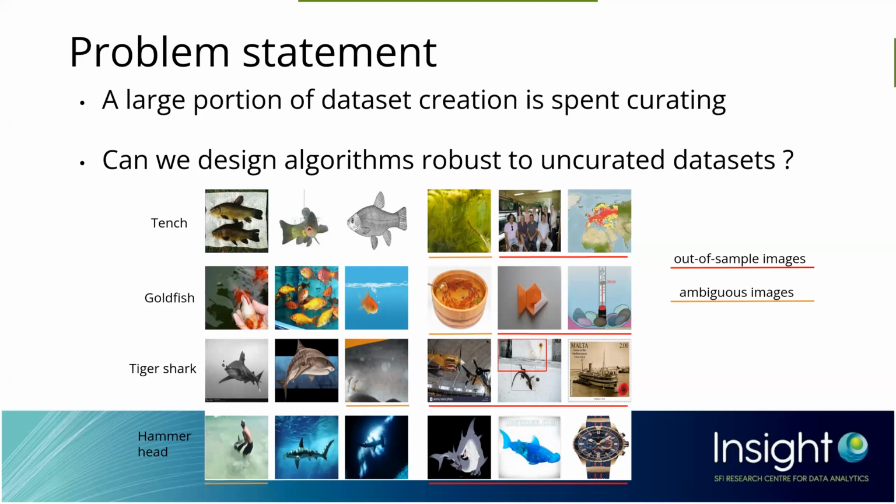So this means that you end up with two different types of noise. The first one is out-of-sample images, so images that would a priori not be relevant to your classification task because they do not contain any of the elements you're interested in learning to classify. And the other ones are ambiguous images, where it's not clear that these images are actually relevant. They could be hard images or images where you're not actually sure that they belong to the class you want to learn to classify. So these are the images that are underlined in orange here in this example.